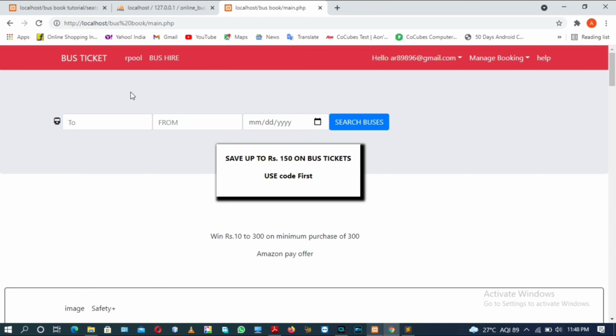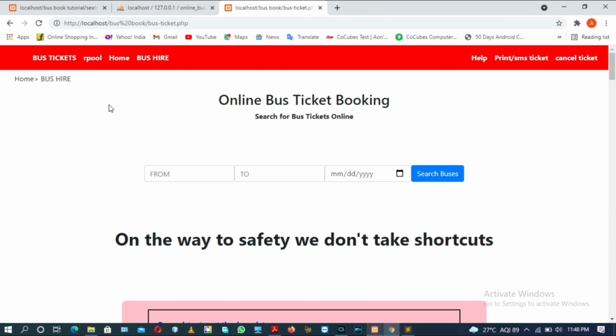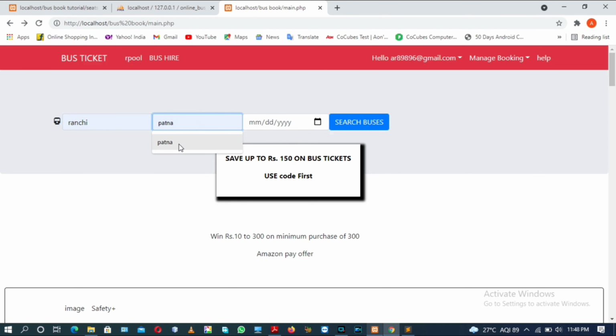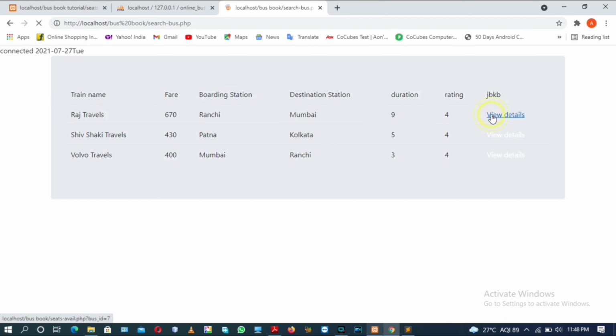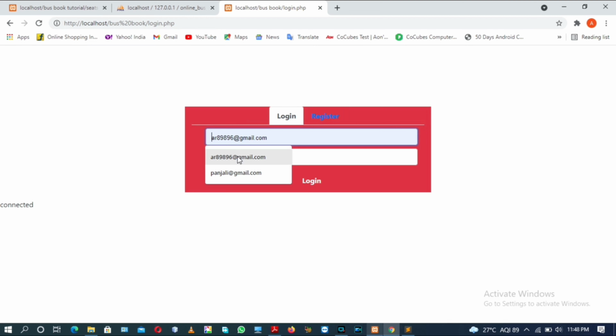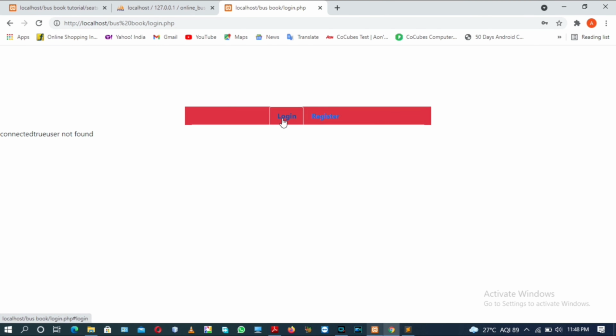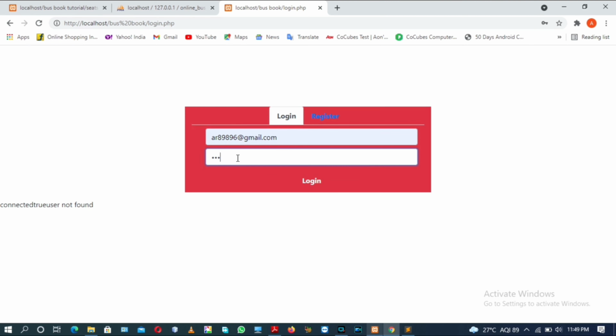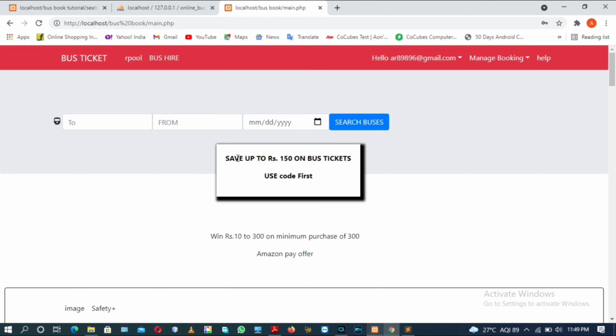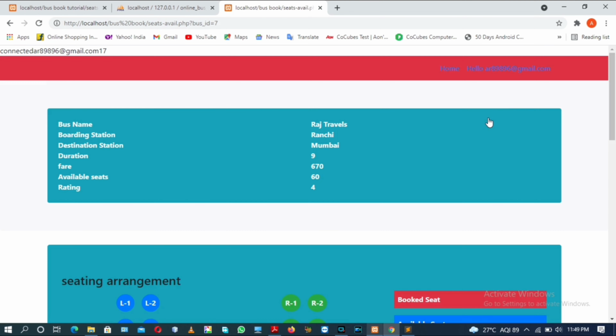Here I need to go for bus ticket, Ranchi to Patna, and the date will be 7/27, search bus. Okay, view details. So here we go.